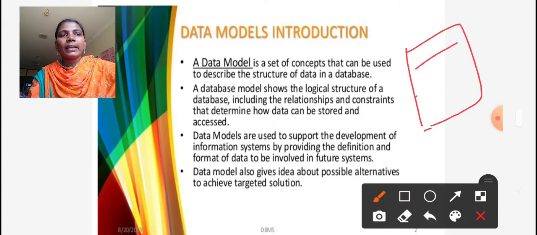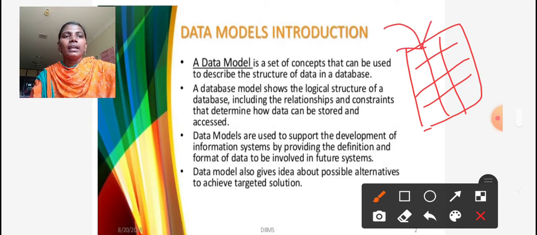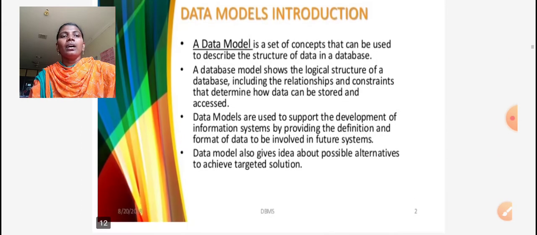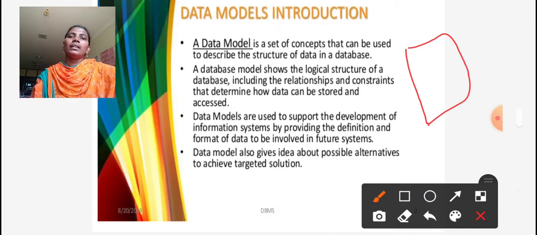To describe what type of data we have to store in that database, the data model is used. That means what type of data and what structure we have to maintain in a database.